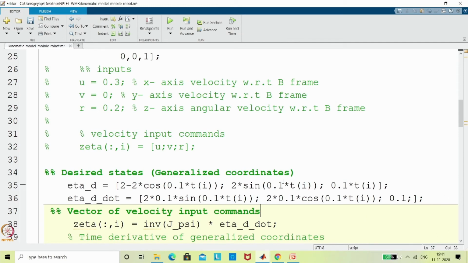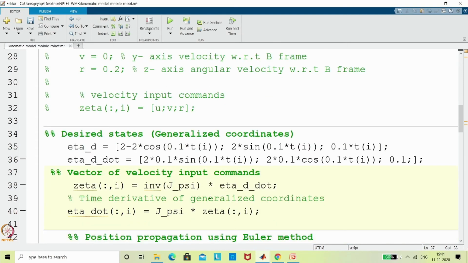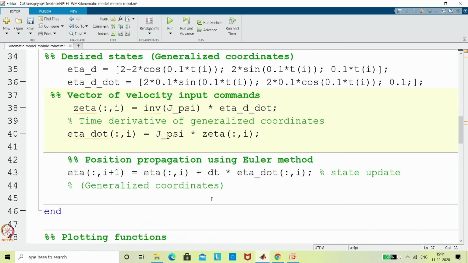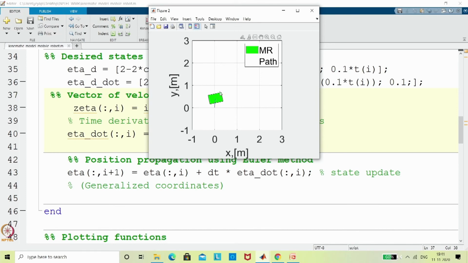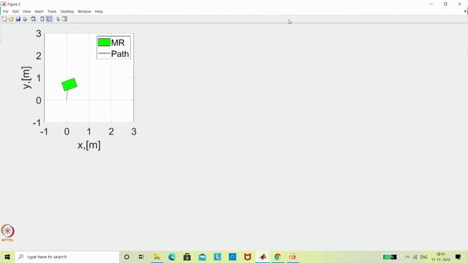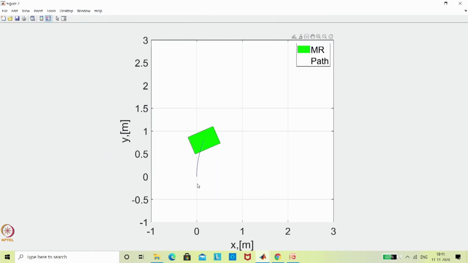Now if I run this, the profile we have given looks like a circle, and that circle is supposed to be followed. We will cross check whether that is done or not. We will just run it to see whether it is error free. I see that it is error free. You can see that it has now started from the 0 point and is trying to make a circle. Now you can see that it started from 0, 0, which is what we intended.